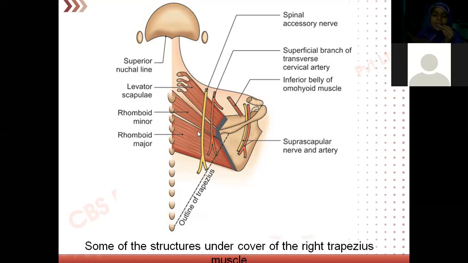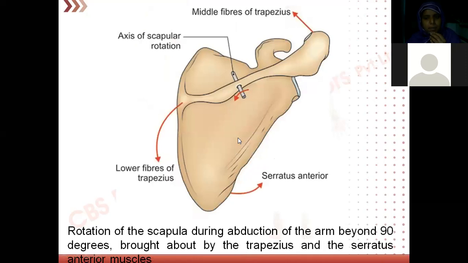That means this nerve is going underneath, below the trapezius, to supply the muscle. That's the reason once you cut and reflect trapezius, the under surface of the trapezius will be showing this nerve, which is accompanied by the superficial branch of the transverse cervical artery. Do you remember we had this suprascapular notch, where we have suprascapular vessels and nerves, here.